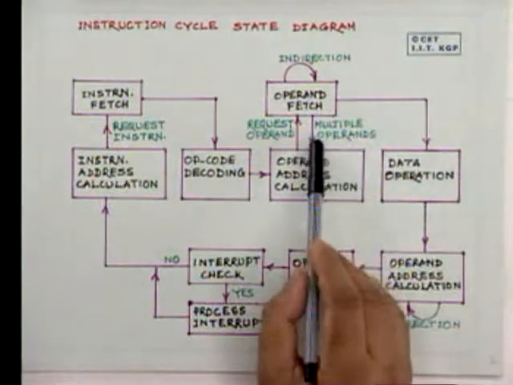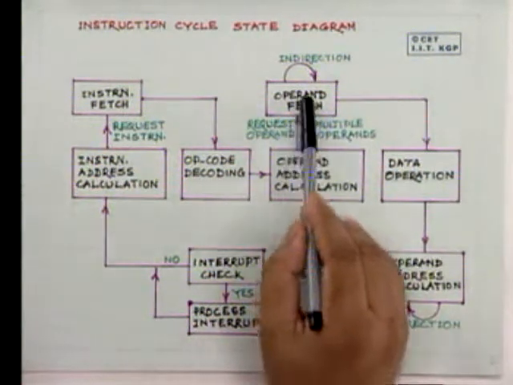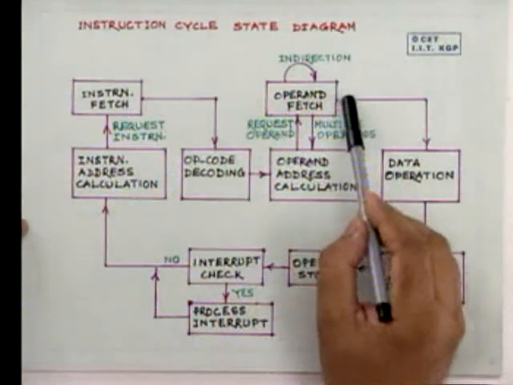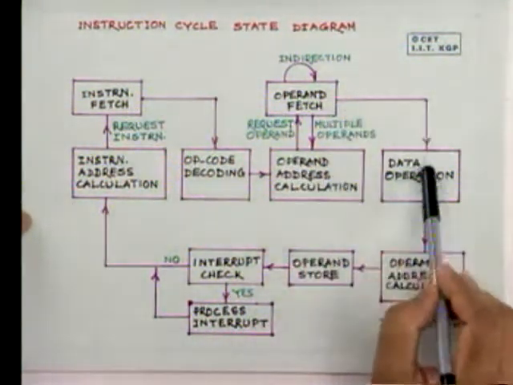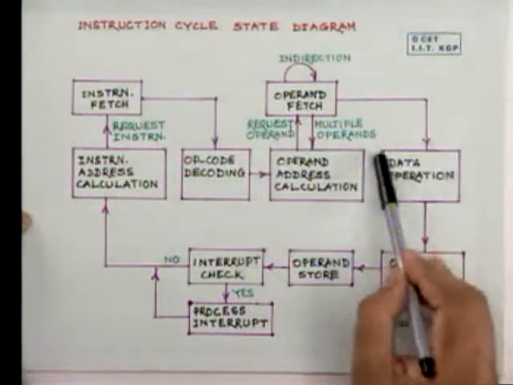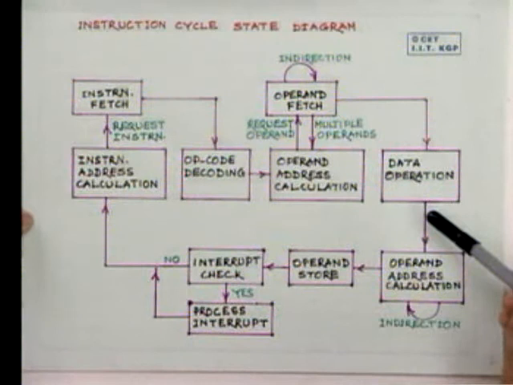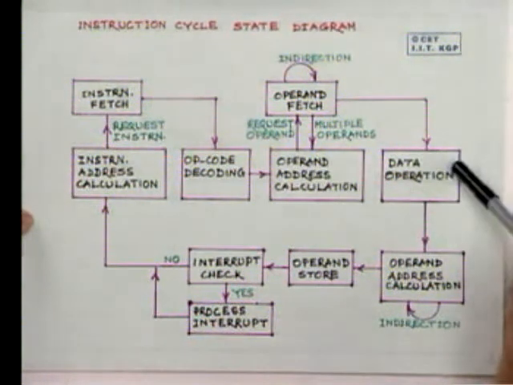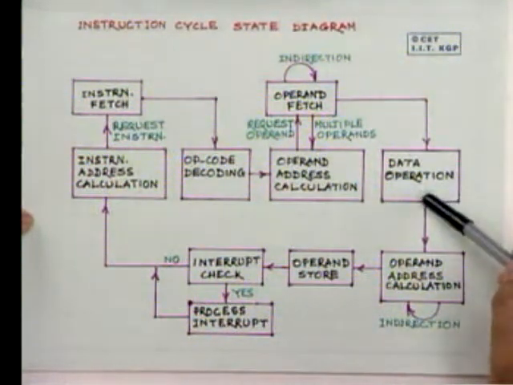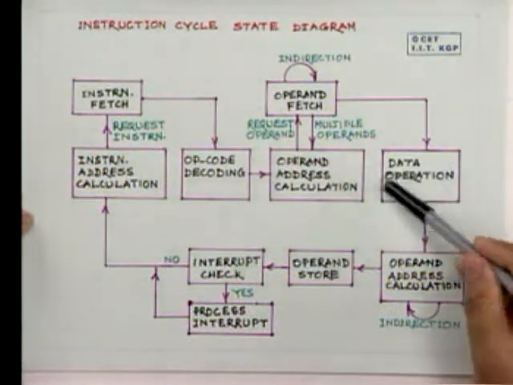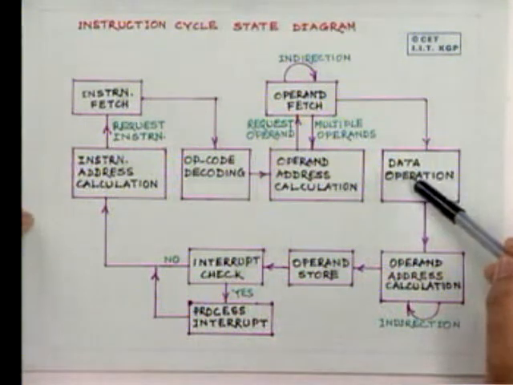In the case of a two address instruction, it should be done twice, and after the operand fetch is over, it comes to the actual data operation. When the data operation is over, that means some addition, multiplication, division, or some logical operation,